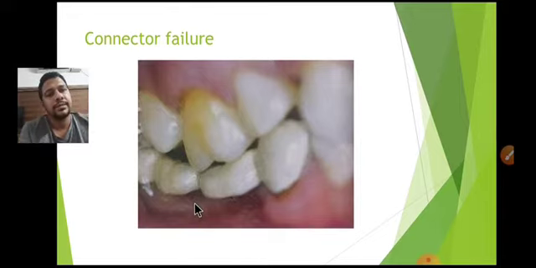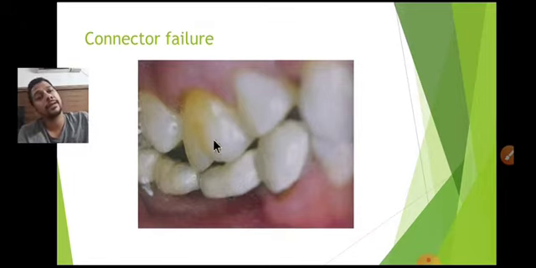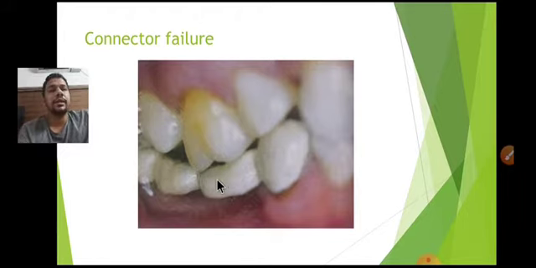So in this case, due to the thickness of the connector being less, it can cause bending or fracture of the existing FPD in the long run. So if this kind of case comes to you, what you are supposed to do is you should try to recreate the space for your FPD. How you can recreate it is, if you need a little bit of space, you can advise